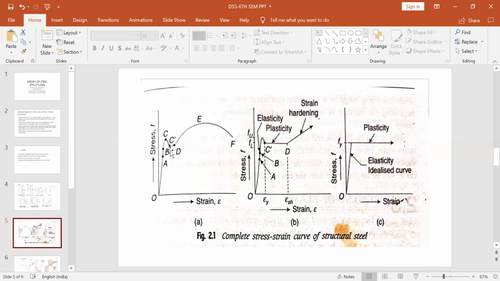At C dash, the stress drops abruptly from the upper yield to the lower yield C dash, and the strain increases at constant stress up to point D. So again, this will decrease. Decreasing means your stress will be decreasing, but the strain will be increasing. So this is reverse in the yielding. When more and more yielding starts, initially it reaches the yielding point, more and more fibers of the material will start yielding, and then it reaches the lower yield point, meaning your stress will decrease.